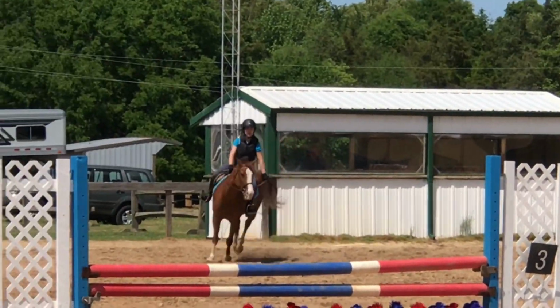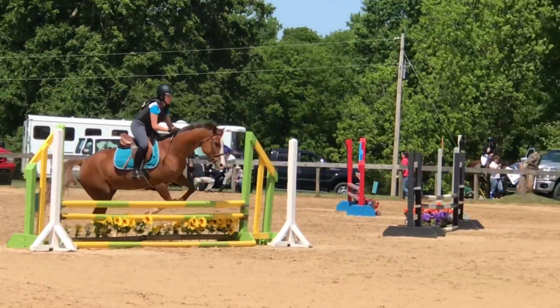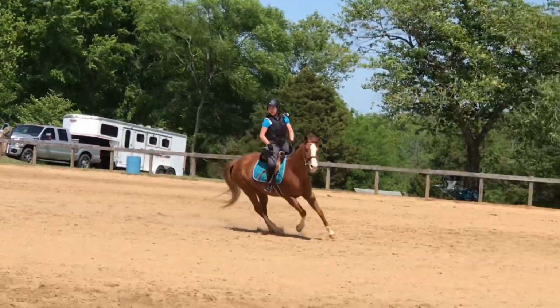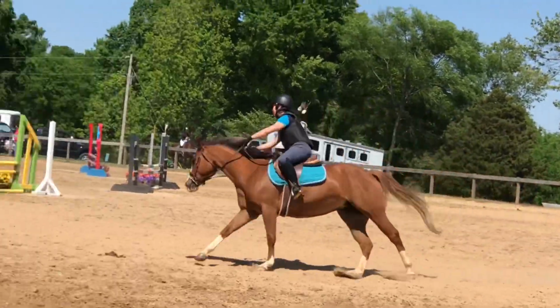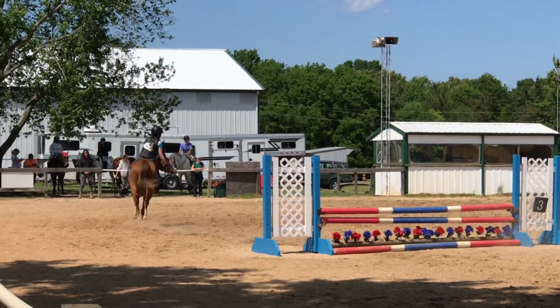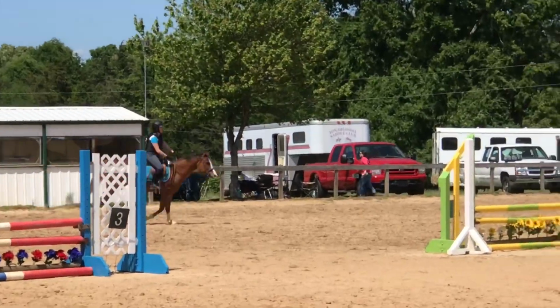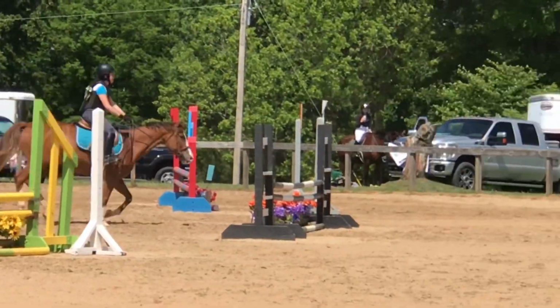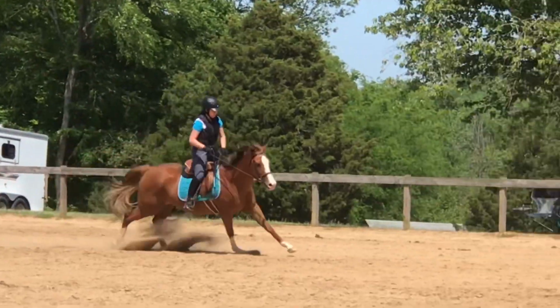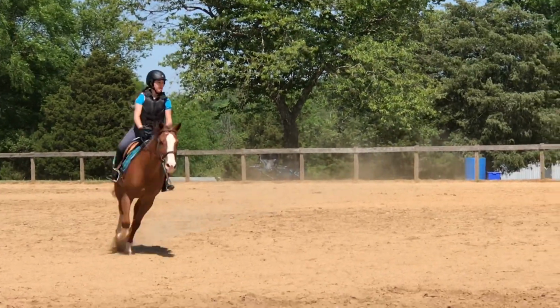And anyways, we come around on the wrong lead, which for the purpose of the jump off, I just didn't take the time to change it. I probably should have, but anyways, we landed on our right lead for this turn. And we come over towards this black and white jump, and we made a really tight turn, and then we do this weird turn again. We're on our left lead, so I just left it because the next turn is to the left,